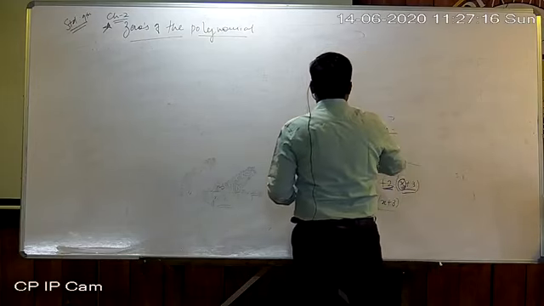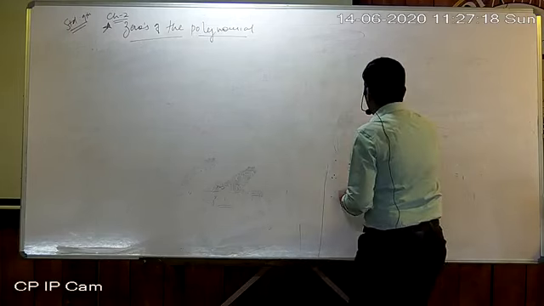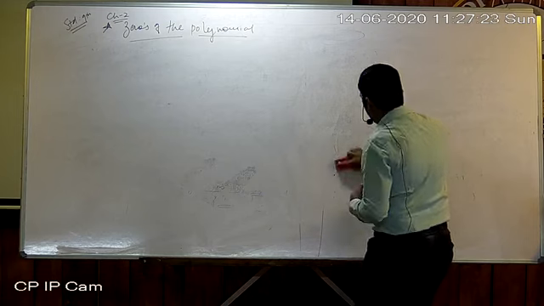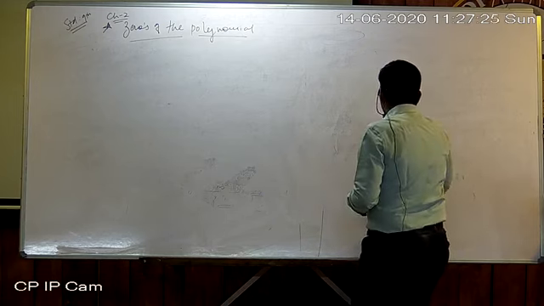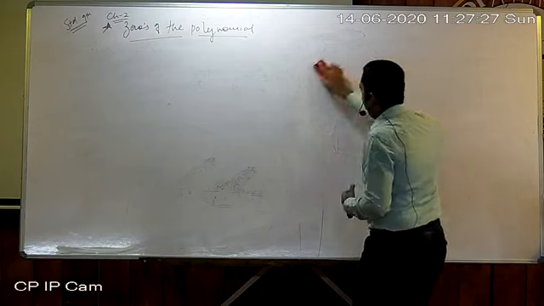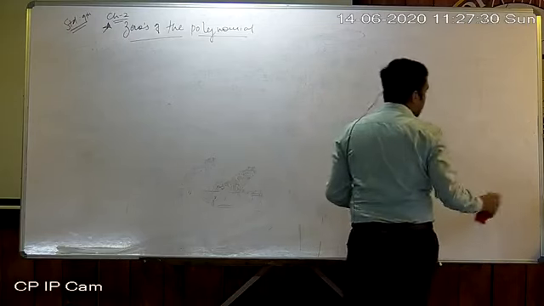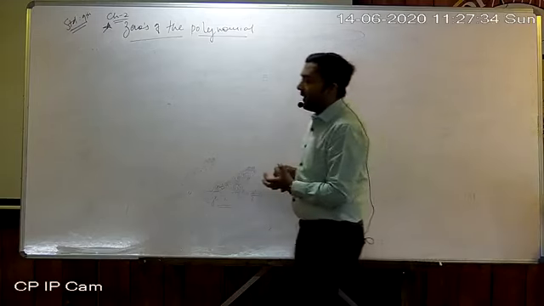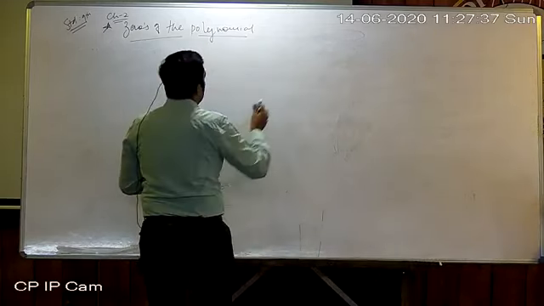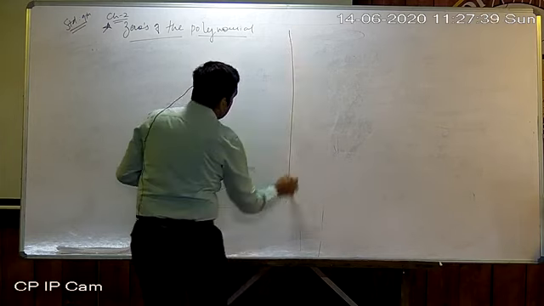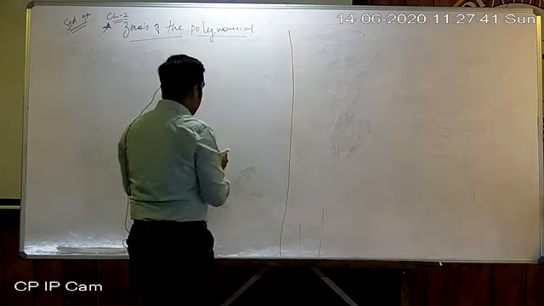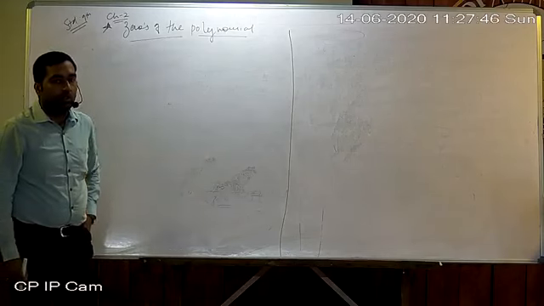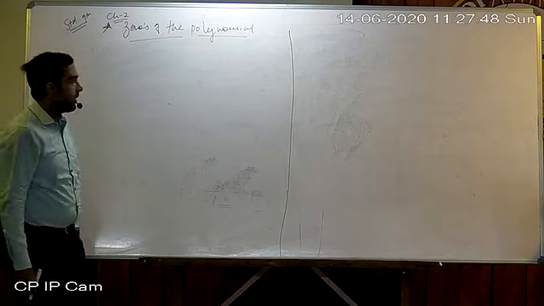In the polynomial, students, we have already learned about the identities of the polynomial, and second, how to find the zeros of the polynomial. We are finding the zeros of the polynomial for the linear polynomial. We already learned this: finding the zeros of the polynomial for only the linear equation.